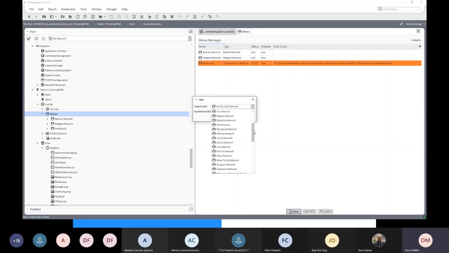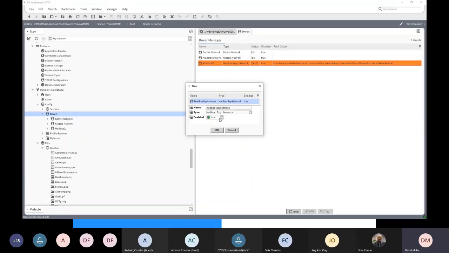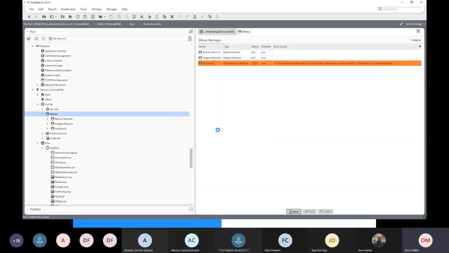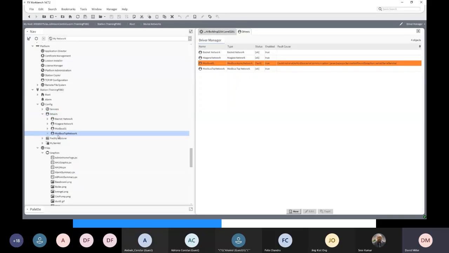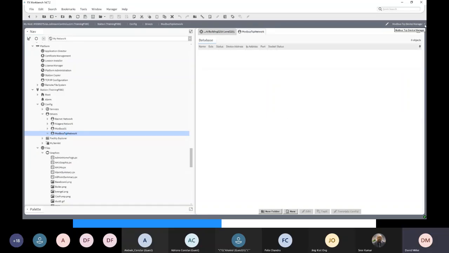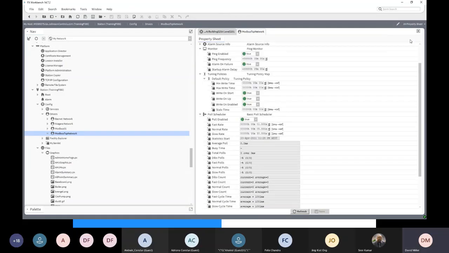Modbus TCP network. Okay, so Modbus TCP network. We go OK, and we'll just leave the name as it is. And there we've created it. First thing we do, if we look at the property sheet,